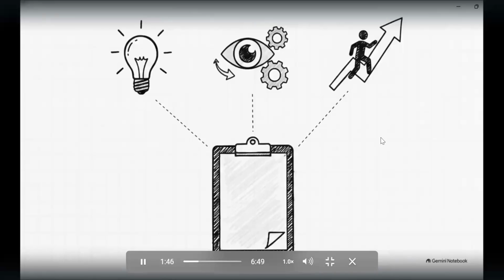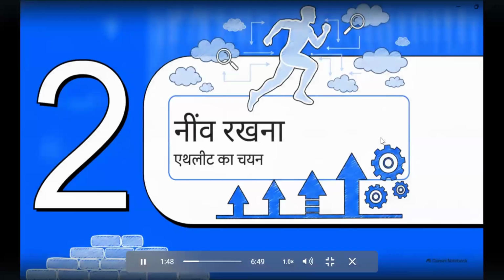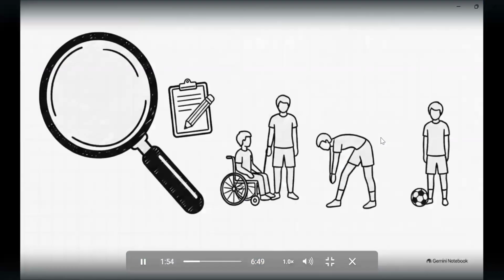बस आपका पूरा फोकस हमेशा इन्हीं 3 सवालों पर होना चाहिए। अब आते हैं हमारे दूसरे चरण पर, नींव रखना, यानी एथलीट का चयन। किसी भी कोचिंग की शुरुआत से पहले एक सॉलिड बेस बनाना बहुत जरूरी है। इसके लिए आपको एक एथलीट को ध्यान से चुनना होगा। वो कोई पैरा एथलीट हो सकता है, विशेष आवश्यकता वाला प्रतिभागी हो सकता है, कोई बिगिनर या कम्युनिटी स्पोर्ट्स का हिस्सा भी हो सकता है।